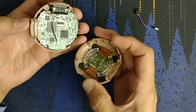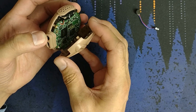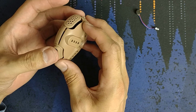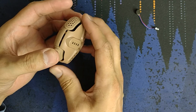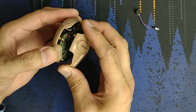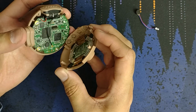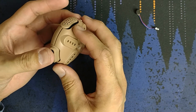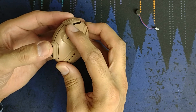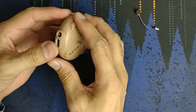Or at least one person I know has broken their stem player. So you'll take it and you'll align it with the cutouts on the PCB for these pillar things. There's a word, I just can't think of it right now. And then you'll get it on there and you're gonna wanna move it around until you feel that the pins have gone into